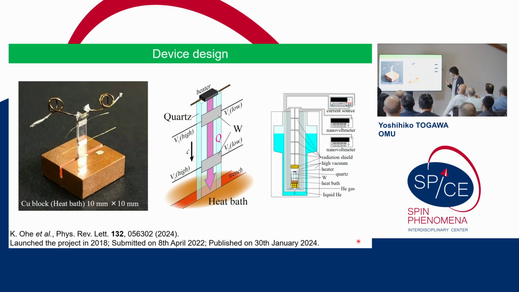So that's why I asked the student, for his master graduation, in I remember maybe December, with graduation in March, to please make a new device and make a measurement. Then we put the heater on top of the quartz, and the other side is connected to the heater bus. Then we induce the thermal flow, and try to measure the spin Hall signal as we demonstrated for the chiral metallic materials.